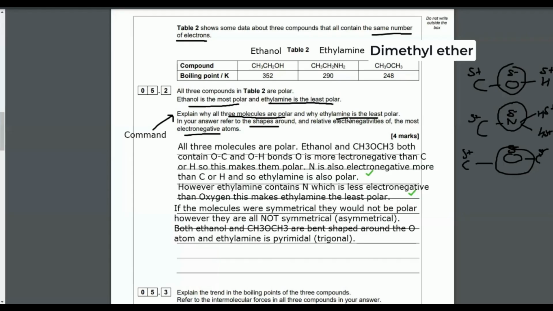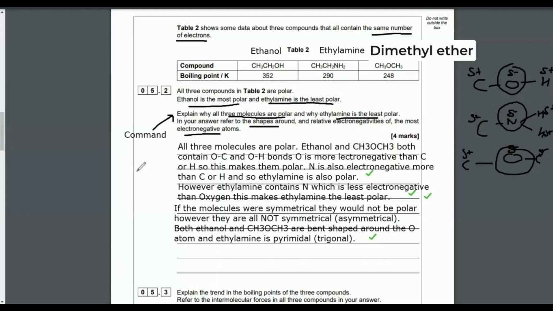So we've said why it's the least polar. We've talked about the relative electronegativities, and we've also talked about the shapes. So there we go. Now, just for those of you that are like, well, how did I know the shapes